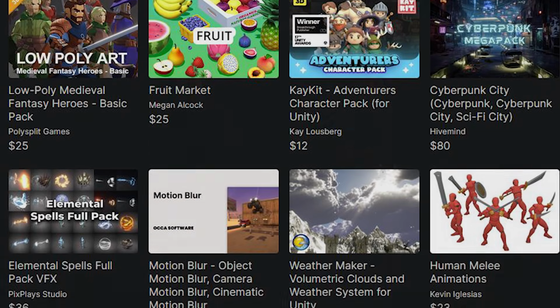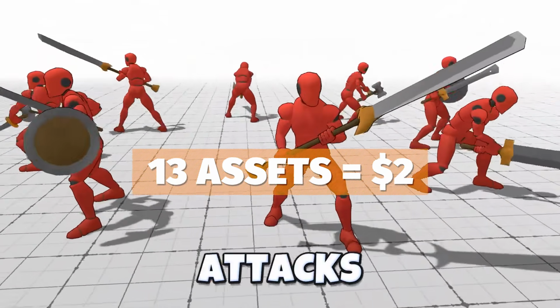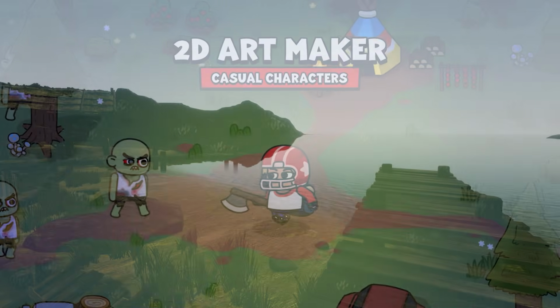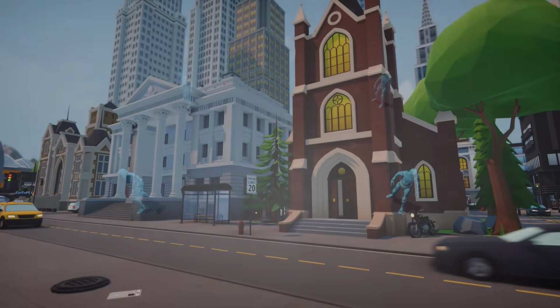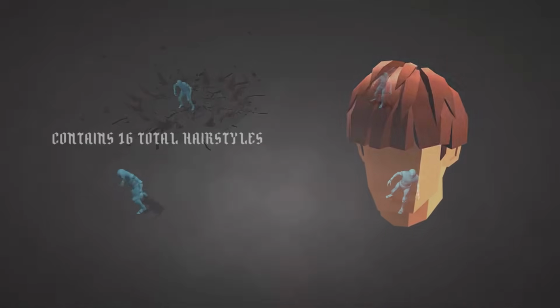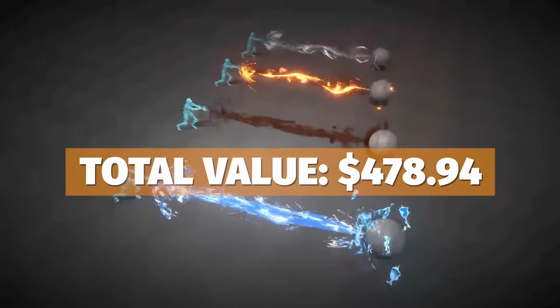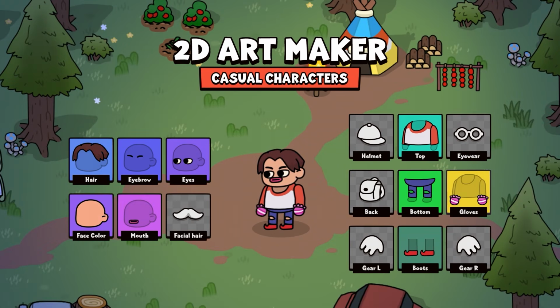which has hit the Unity asset store, which is 13 different assets for a combined total of $2. So you pay $2 and you get every single one of these. And these are collectively a bunch of tools, characters, environments across 2D and 3D. And it's got a value of around $478 if you were to buy these all separately. And in this video, I'm going to go through everything in this bundle so you make sure that you don't